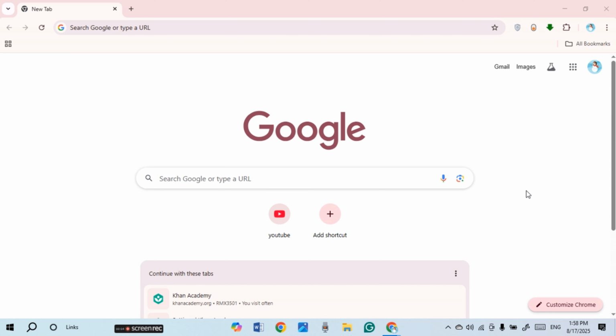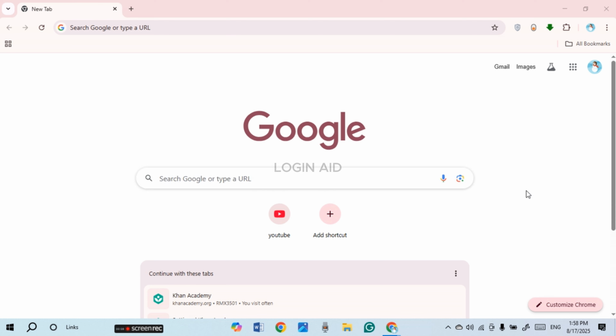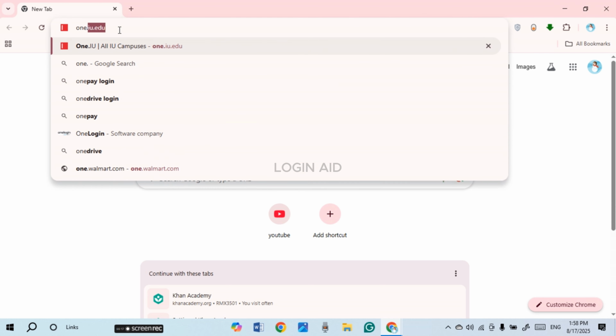In today's video, I'll teach you how to log in Walmart employee account. First of all, what you have to do is launch open any browser of your choice. You can see over here I have opened Google Chrome. Now click on the search bar. Now what you have to do is type in